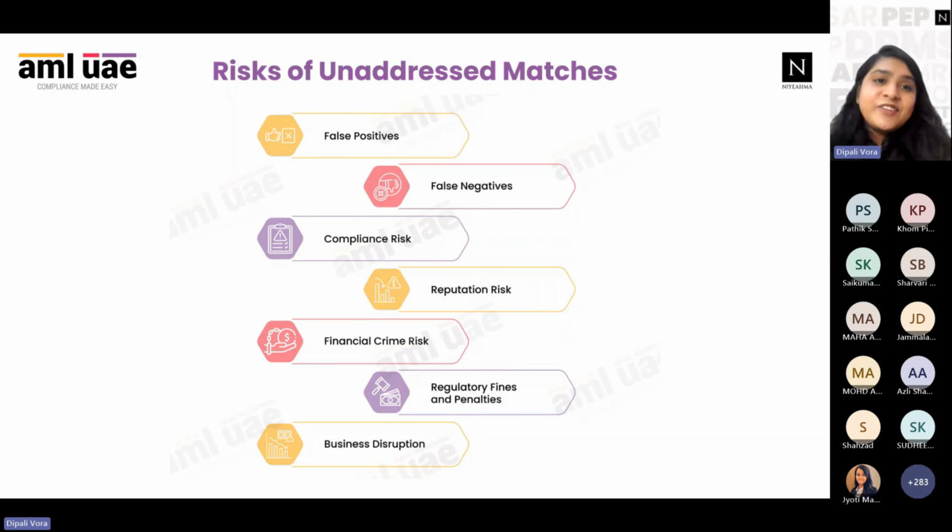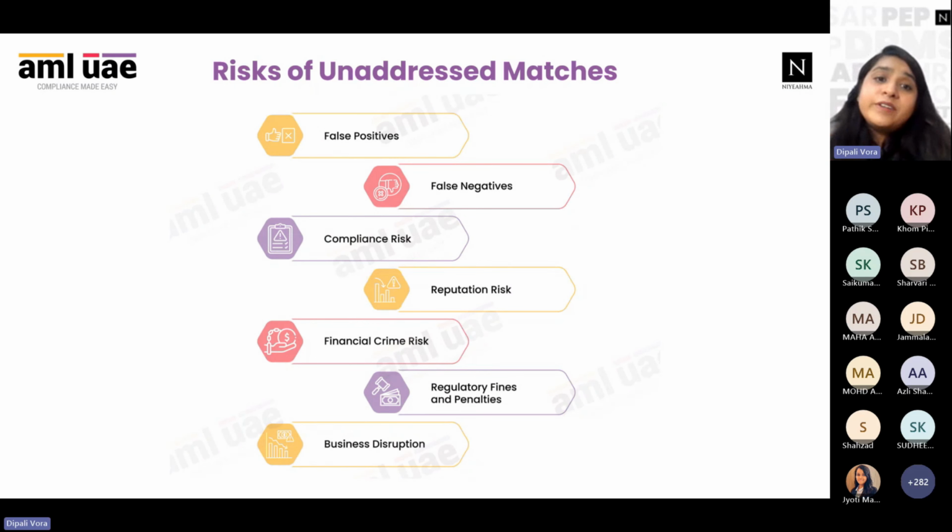And the last is, what is the risk of unaddressed matters? For example, you are screening a person. When you screened them, you got a lot of matches, but you have not given your comment or verified that with the actual information that you have. So that will also create a risk, because those are false positives, and unnecessarily a lot of updates will be sent to you through the software saying please look into that. So it's important when you screen somebody, if you have got 2 or 3 matches, you should nullify them or say that the information doesn't match, or the name doesn't match, or the date of birth doesn't match. So that should not be kept open in the software.